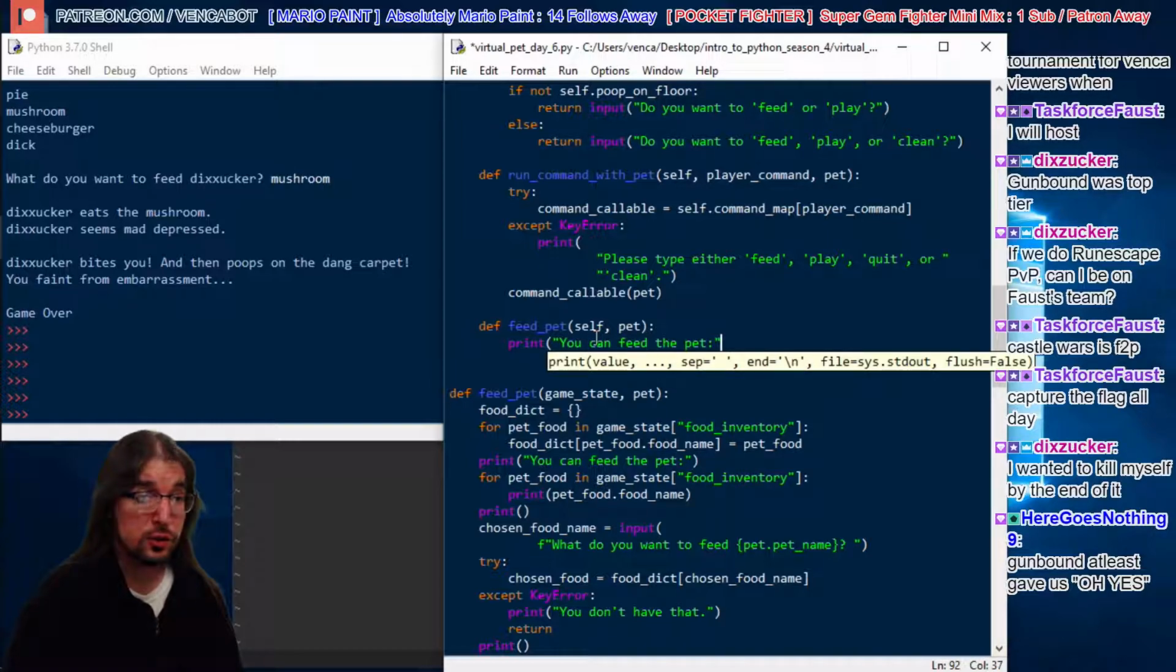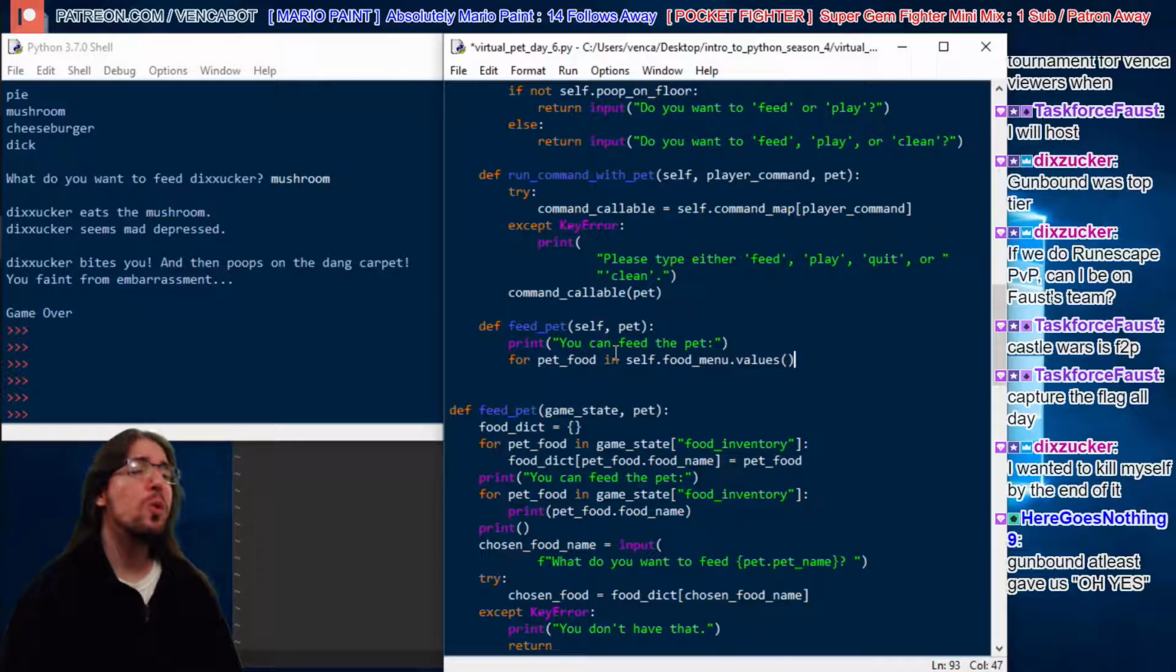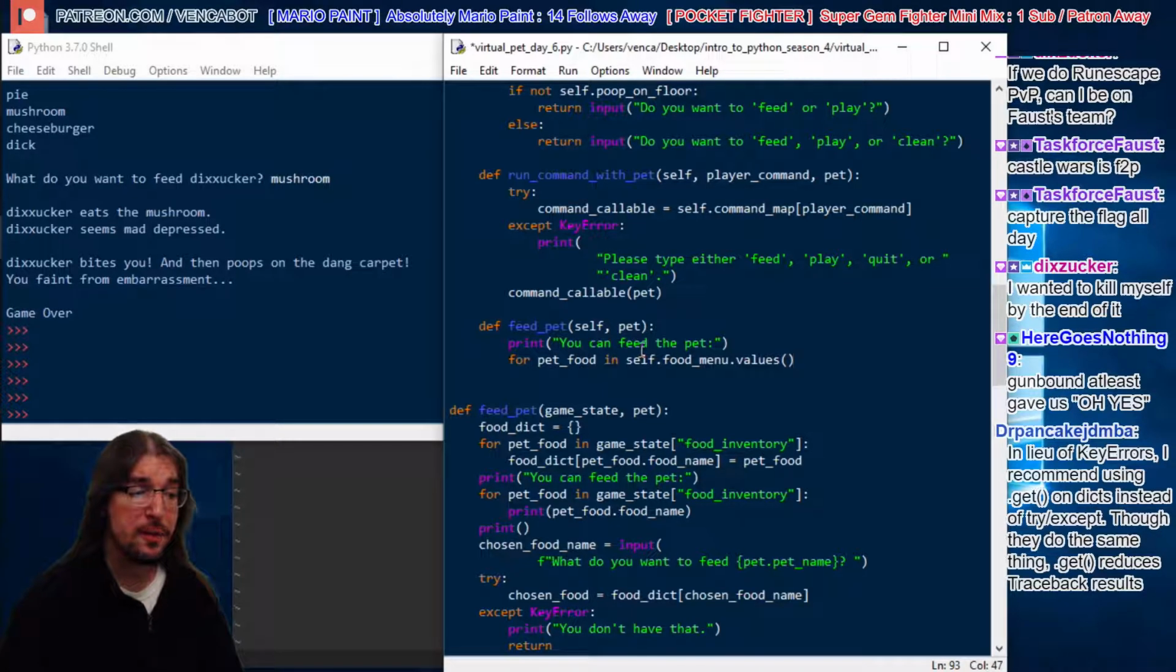And then we use a for loop to print off every kind of food we have in our menu. So for pet food in our self.food menu .values. We haven't used that yet. So if you were to use a for loop over a dictionary, not a list. We've done for loops over lists before, right? They go through every item in the list, and they let you do something to that item in that list, right? We're using a dictionary, though. If you do this,